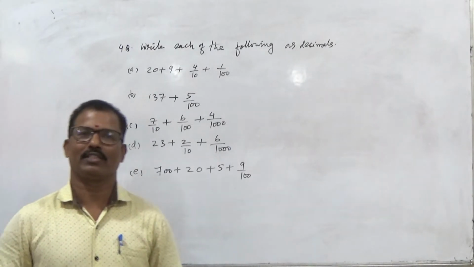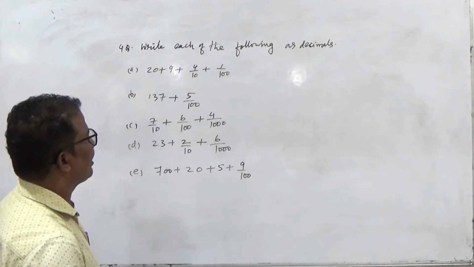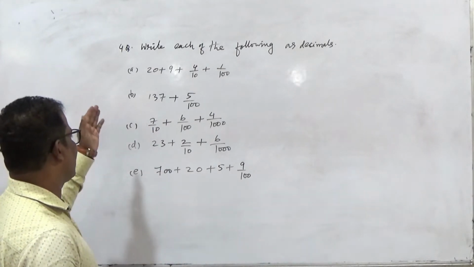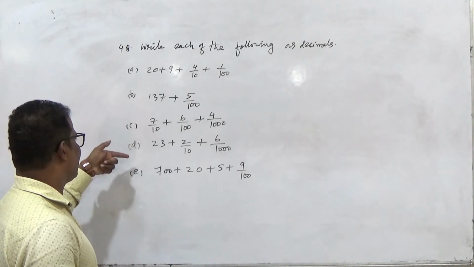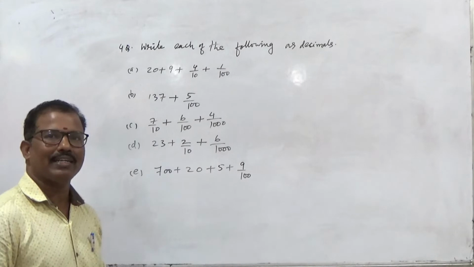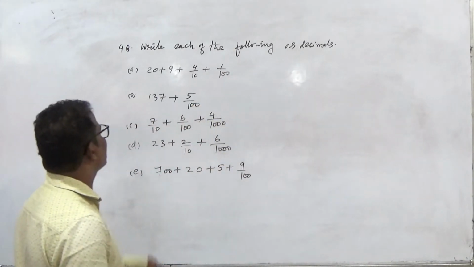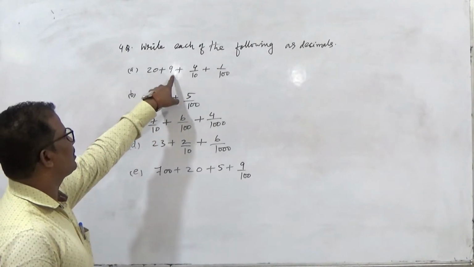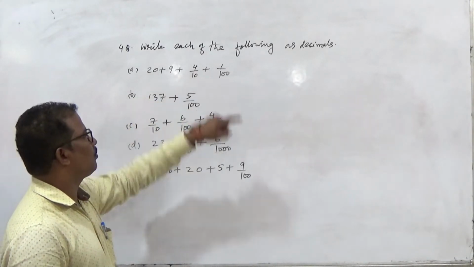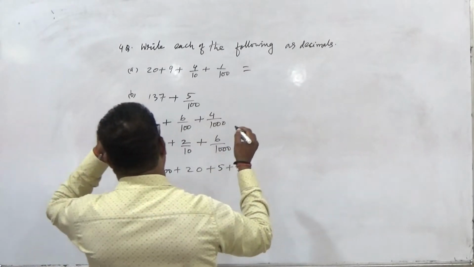Students, now we are going to see the fourth question of this exercise. That is, write each of the following as decimals. Here in questions A, B, C, D and E, the numbers are in expanded form. For that we have to write in decimal form as per the question. See, in the first question A, 20 plus 9 plus 4 by 10 plus 1 by 100. For this we have to write the decimal representation. How is it? See,